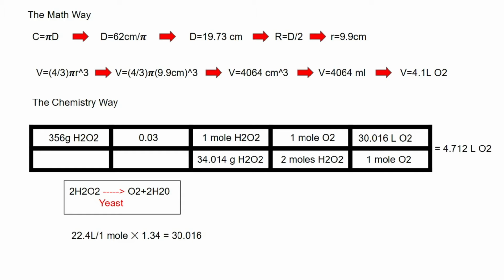And after we plug in everything and cancel units, we are left with 4.712 liters of O2. As you can see, 4.1 liters O2 compared to 4.7 liters O2,